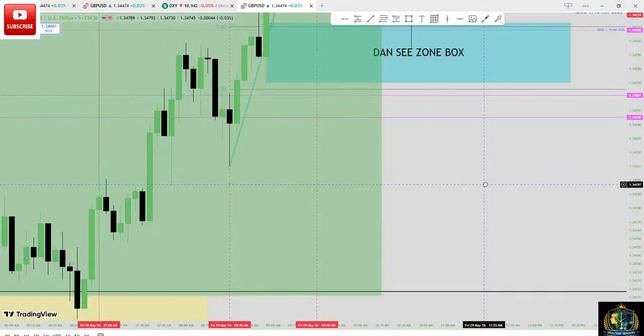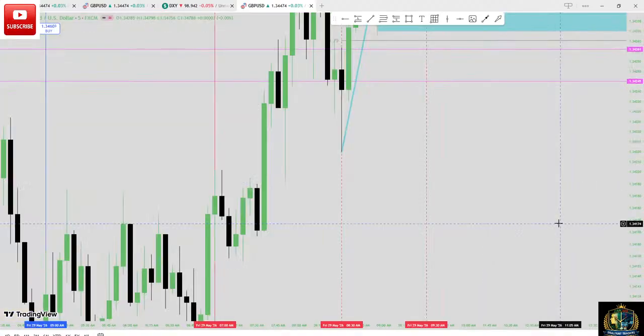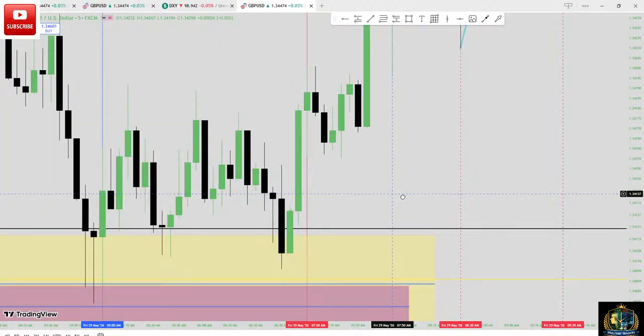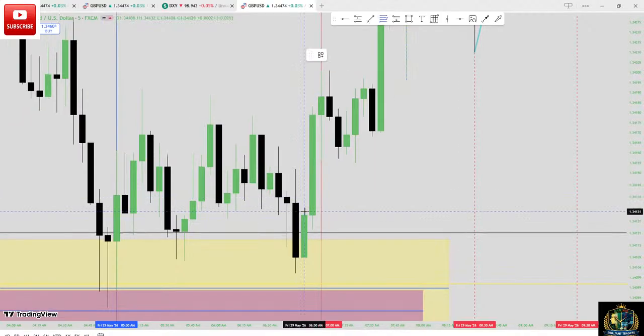I want to remove this again. Not interested in it. You can see this is CB imbalance. The CB imbalance must stay open. They should never take it out. If you measure this imbalance over here, you see that they stopped at the 50% of it too. That is the full confirmation.